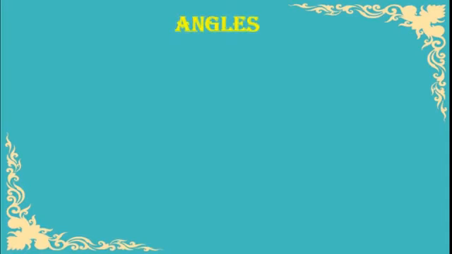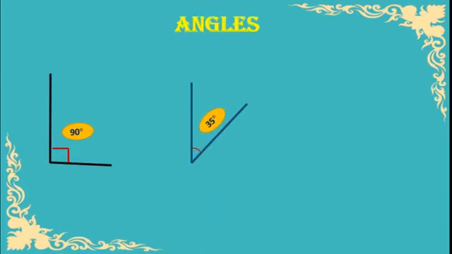We have learnt about angles. See this, students. This is the angle of 90 degree. This is the second angle, that is 35 degree, which is less than 90 degree. One more angle is there. The measure of this angle is 115 degree. You know that we measure angles in degrees, correct?